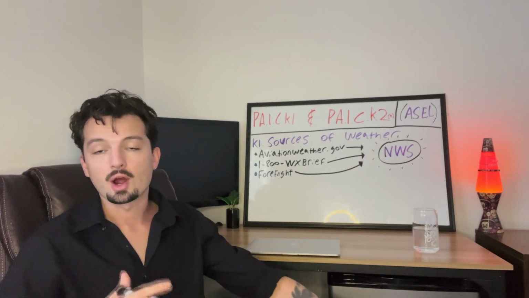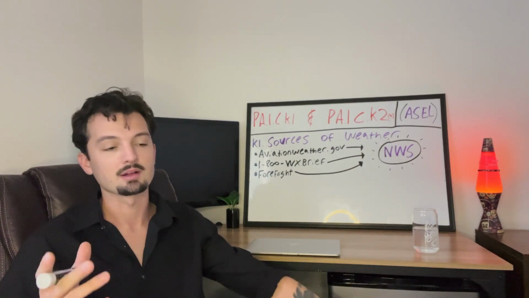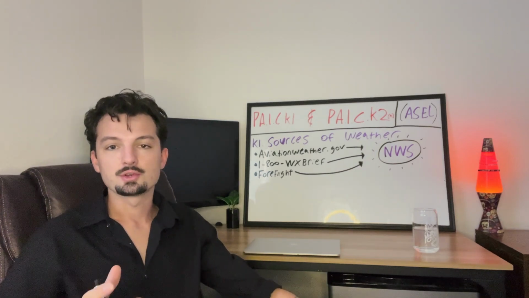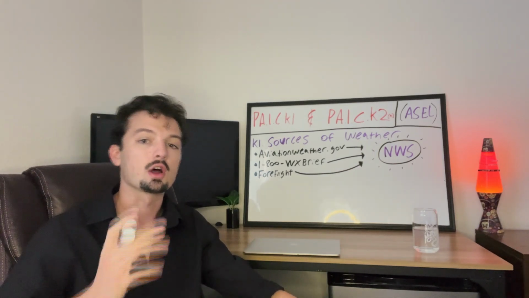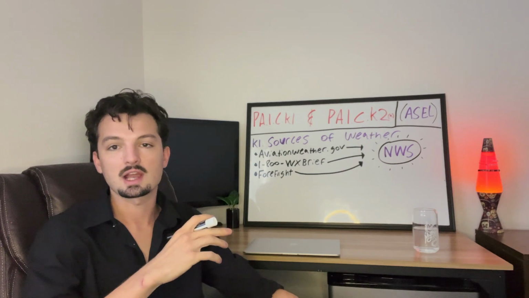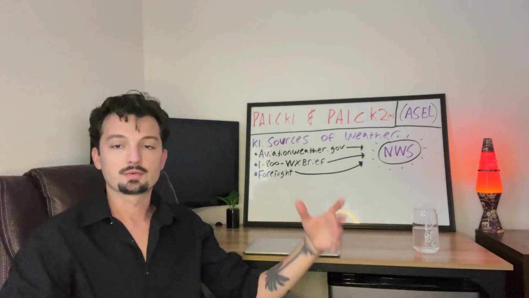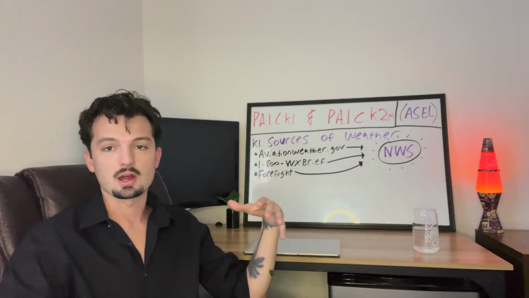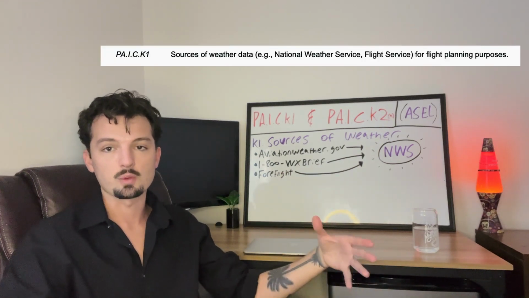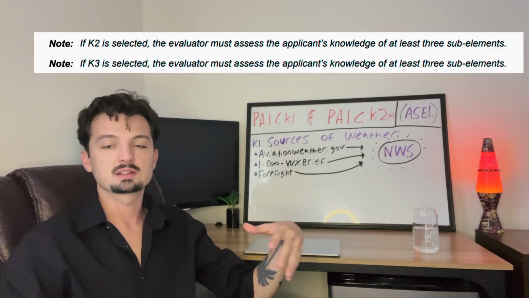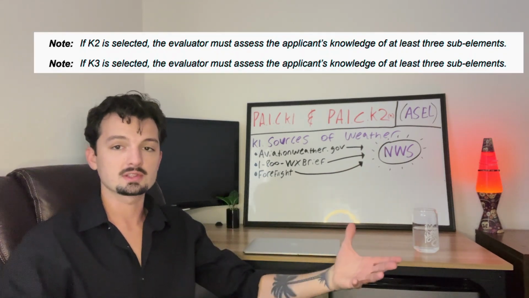And that one's owner operator slash pilot in command responsibilities, I believe. So we'll be making a video on that one soon, but for now we're still gonna start on weather, and we're gonna take a look at the new ACS weather format because it's actually pretty interesting. The first part is the same, which is our acceptable sources of weather. That's K1. And then after that, there's 2 notes, and it basically states that if K2 is selected, then the